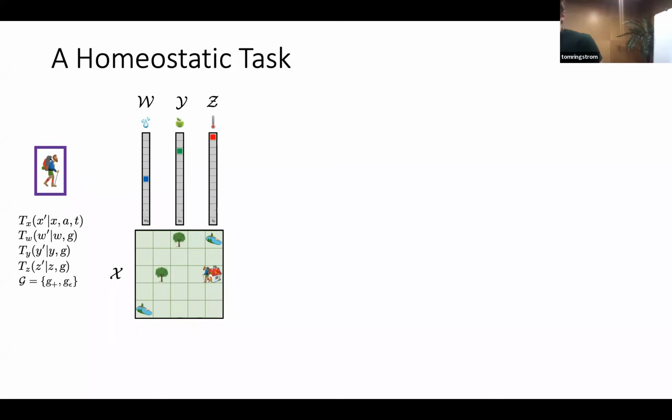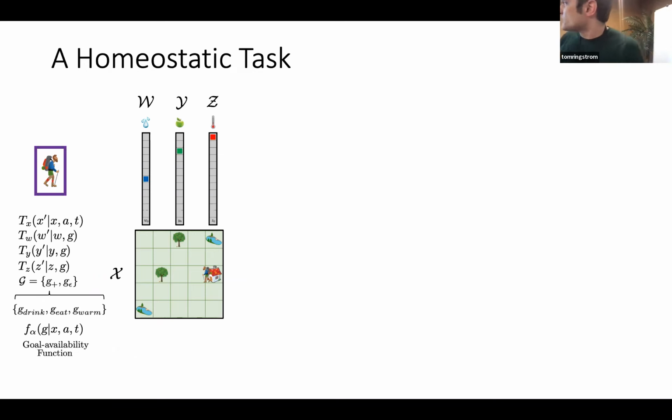And so goals are going to be actions which act on this space. Okay, so goals are going to come in two types. There's G+, which is like an active action. So if you drink water or eat, or you use the warm action, it's going to jump you up in this space. Or there's a null action, G epsilon, which is going to produce the natural dynamics of the space. So if you're moving around, you'll just get progressively more hungry over time, or more thirsty over time.